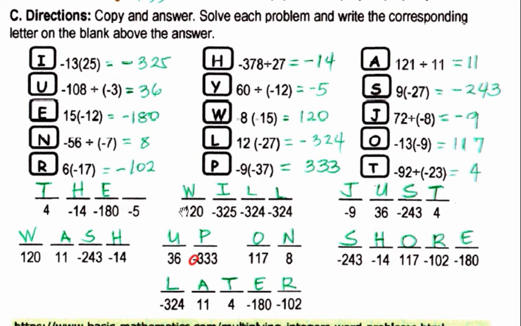For the 120, what is the letter that corresponds to 120? W. Negative 325, we have I. Then we have double L. Let's try to verify. Yes, negative 324 corresponds to letter L. So "they will." What letter corresponds to negative 9? J. The letter that corresponds to 36 is U. Negative 243, that's S. And for number 4, that's T. So "they will just"